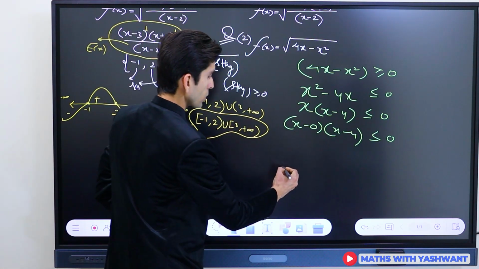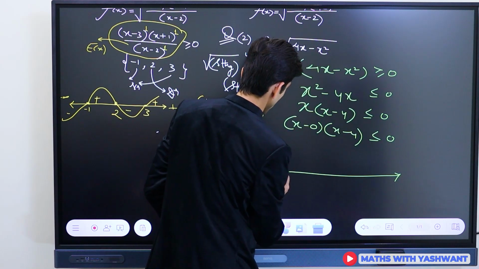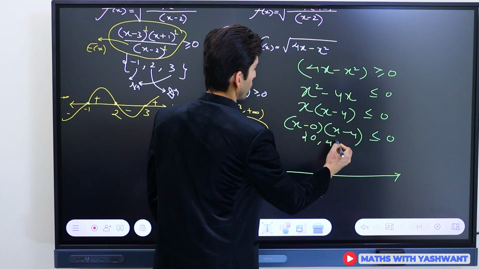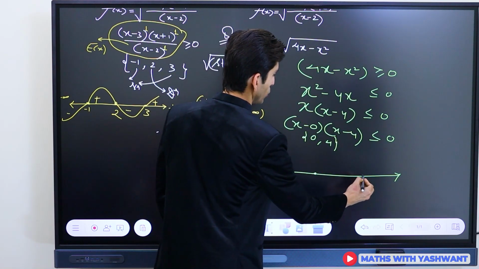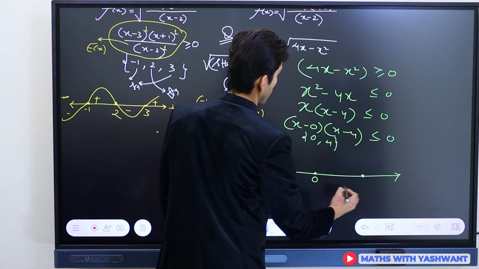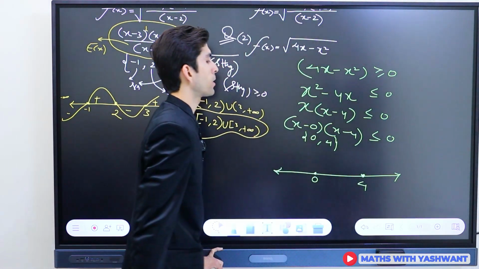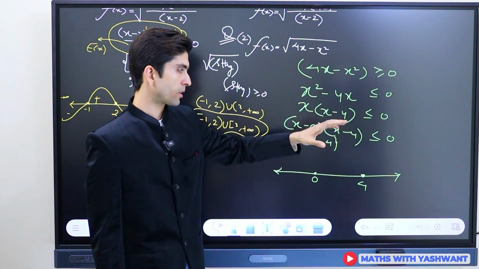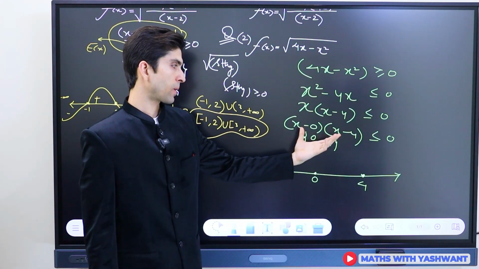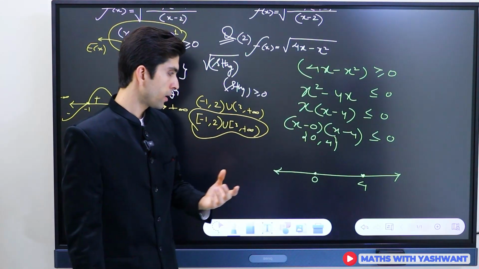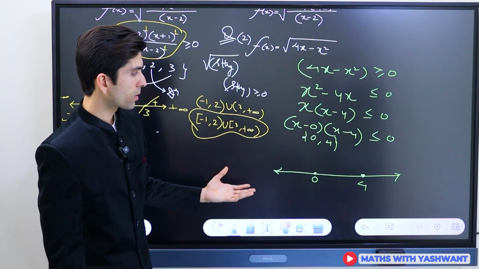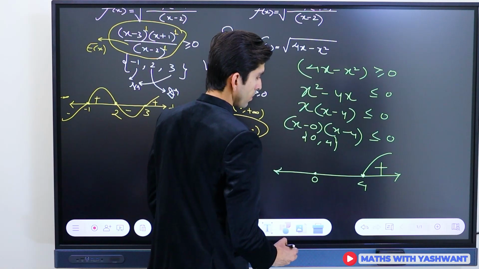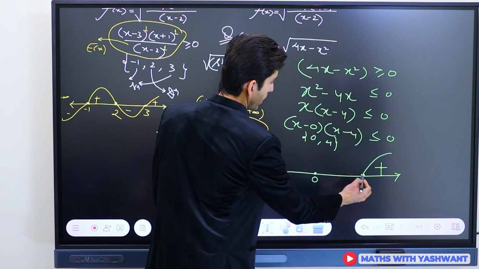Alright, so we can solve this by case 1. In case 1, we have to find the critical points first. So the critical points are 0 and 4. We mark them on the number line, and all the critical points are marked with a filled circle because they correspond to the linear factors in the numerator, and we don't have any linear factor in the denominator. This expression is not a rational expression actually, because we don't have any denominator here. So we start drawing the curve from the right side of the rightmost critical point and above the number line, as I have taught in my previous video, and we change the sign at 4